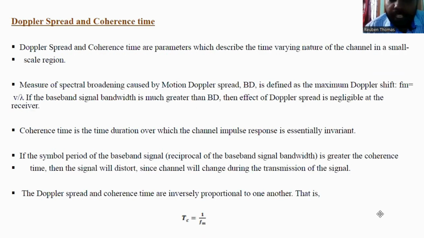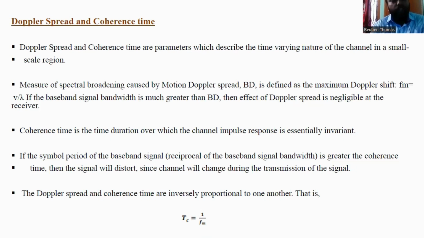And coming to the Doppler spread and the coherence time. Doppler spread and coherence time are the parameters which describe the time varying nature of the channel in a small scale region. The measure of the spectral broadening caused by motion, the Doppler spread Bd, is defined as the maximum Doppler shift, where fm is equal to v by lambda. If the baseband signal bandwidth is much greater than Bd, then the effect of the Doppler spread is negligible at